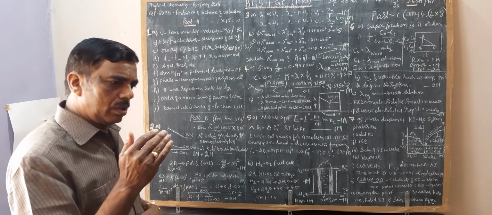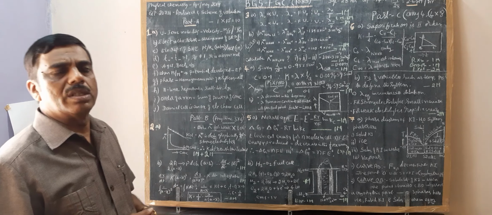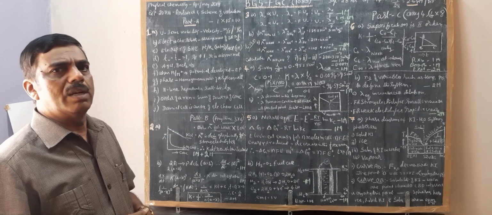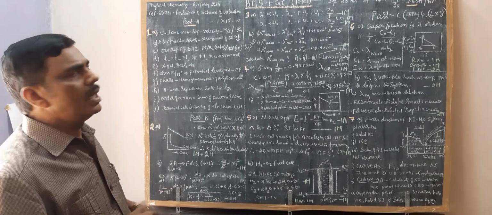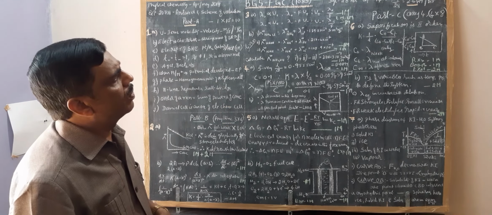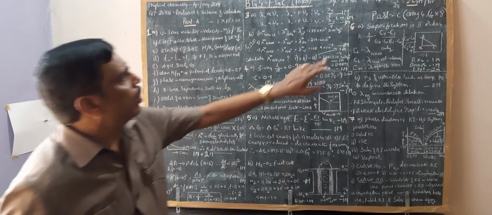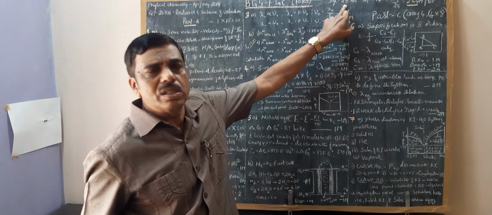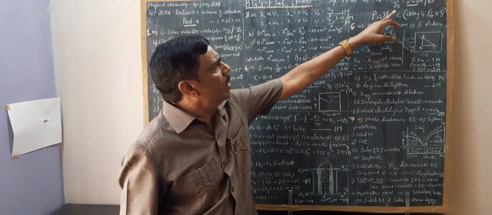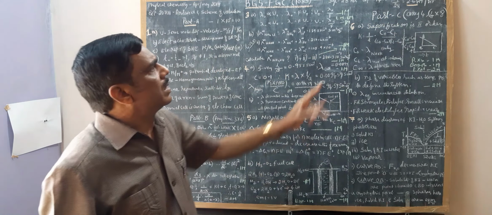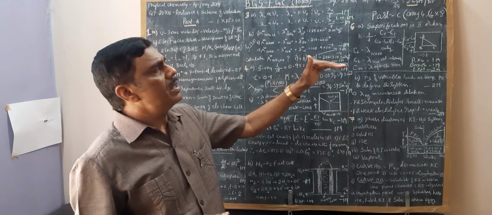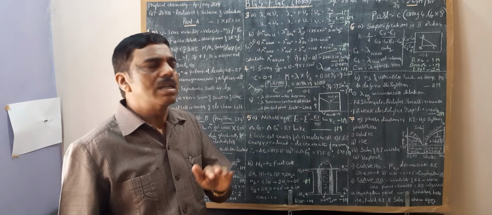So the paper setters select questions from all the units of physical chemistry, from all the 28 hours of syllabus. The question paper, including the choice, has questions for 74 marks. So 28 hours syllabus, 74 marks, including choices. Therefore, if you divide 74 by 28, for each hour of syllabus, a 2.64 marks question will be given, approximately. On the basis of that, the question paper has been set.